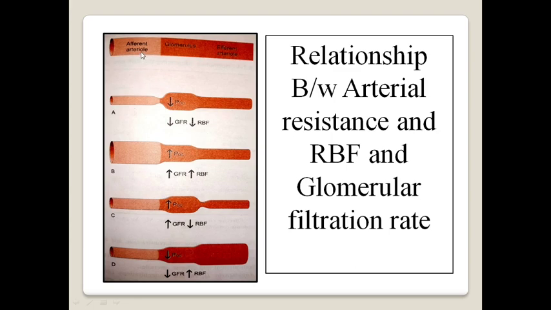See, this is the afferent arteriole, this is the part of the glomerulus, and this is the efferent arteriole. Suppose we constrict, or the diameter of the afferent arteriole gets reduced, so what will happen? Blood supply to the glomeruli will get reduced. So hydrostatic pressure in the glomeruli will get reduced. If blood supply is reduced, then renal blood flow to the kidney will reduce, because the incoming flow is very narrow via the afferent arteriole.